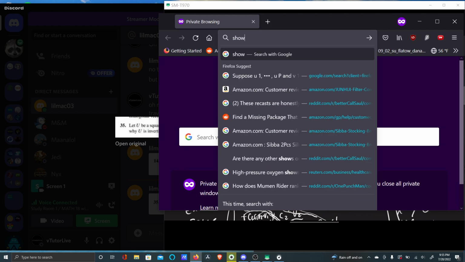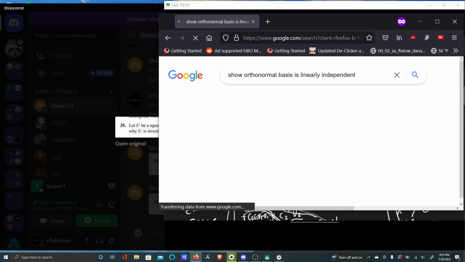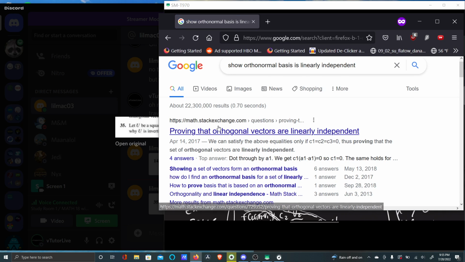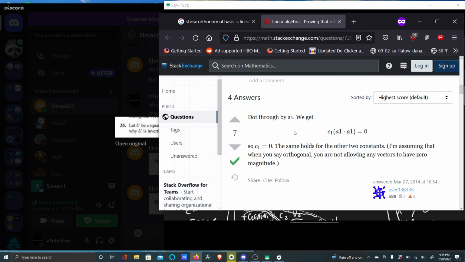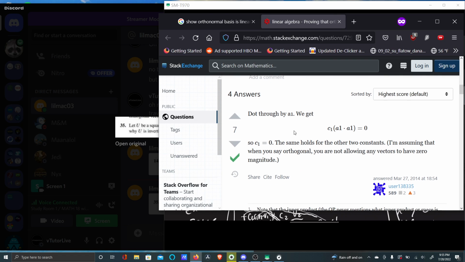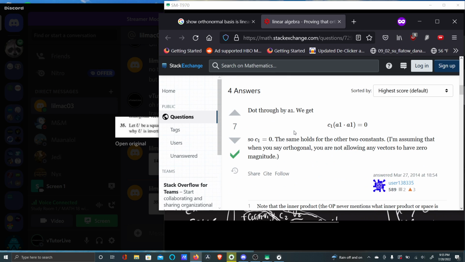Show that an orthonormal basis is linearly independent. There's got to be a much simpler way to show this. I'm probably just making it stupidly complicated. I mean, your way worked, so it's okay. Dot through by A1. We get